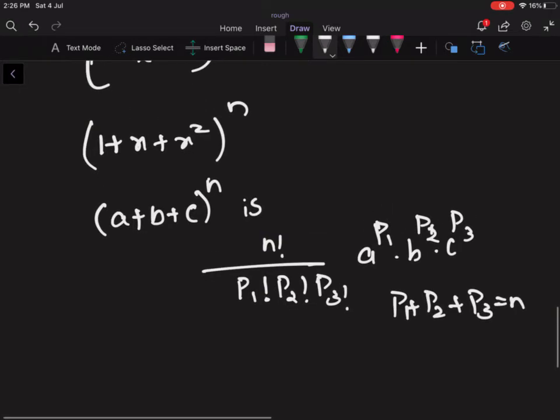So in this one, the binomial expansion of (1 plus x plus x square) power n will be n factorial into...